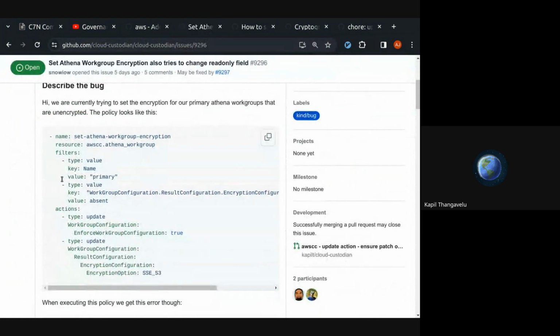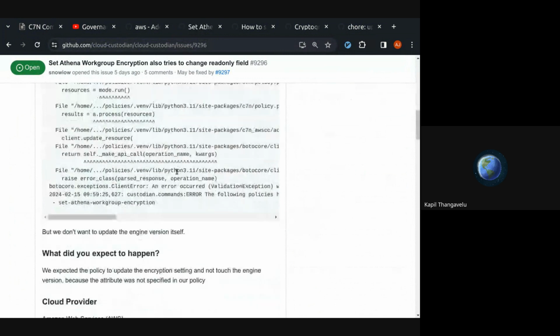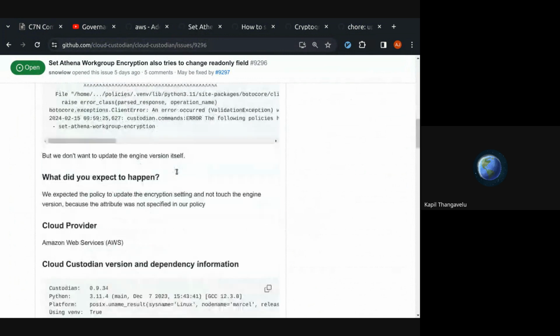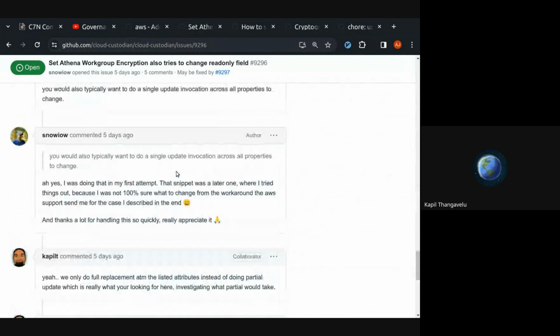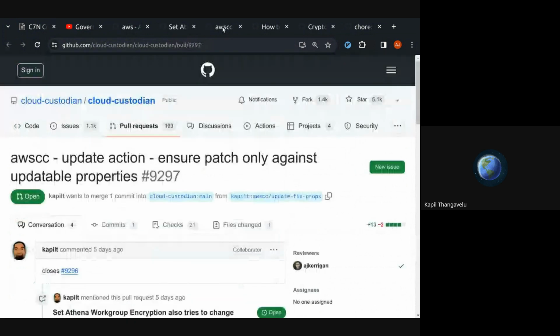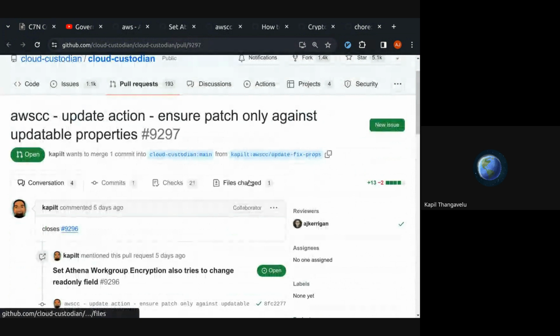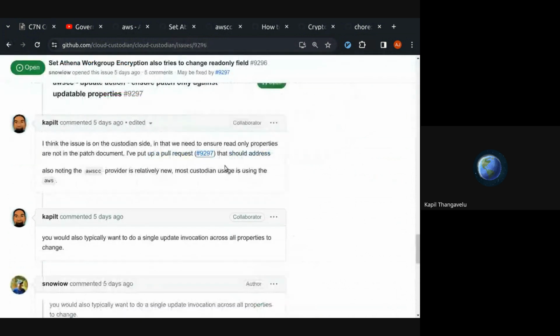This person is trying to use it, and they hit an issue with the update action. I've got a PR up to fix it, but we'll also be adding, I think, the ability to do partial patching on the resources. But this might be a little too in the weeds. But I was just curious if anyone is using the AWS CC provider.